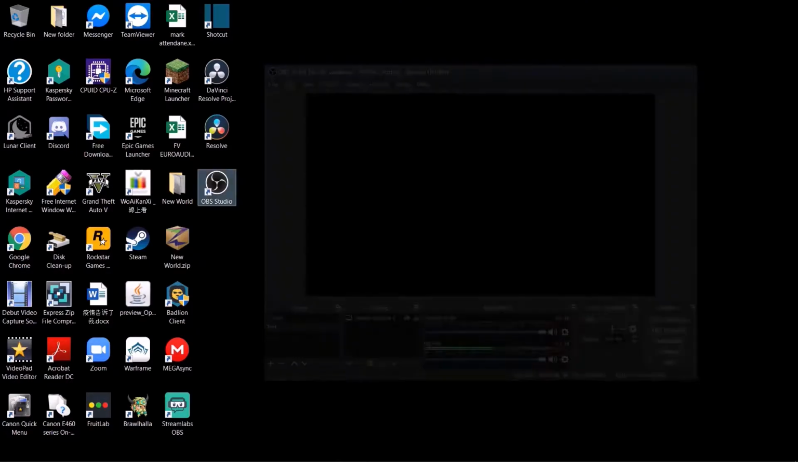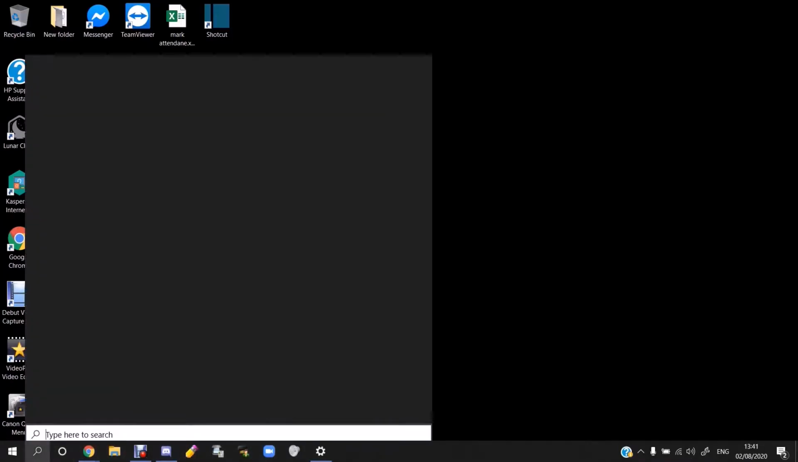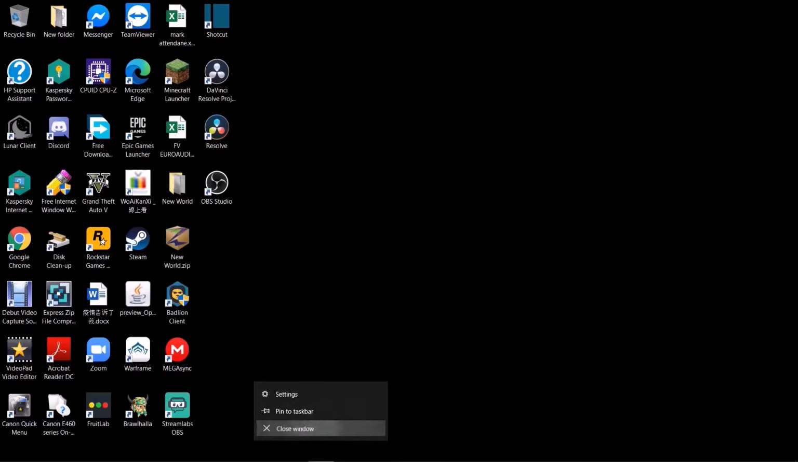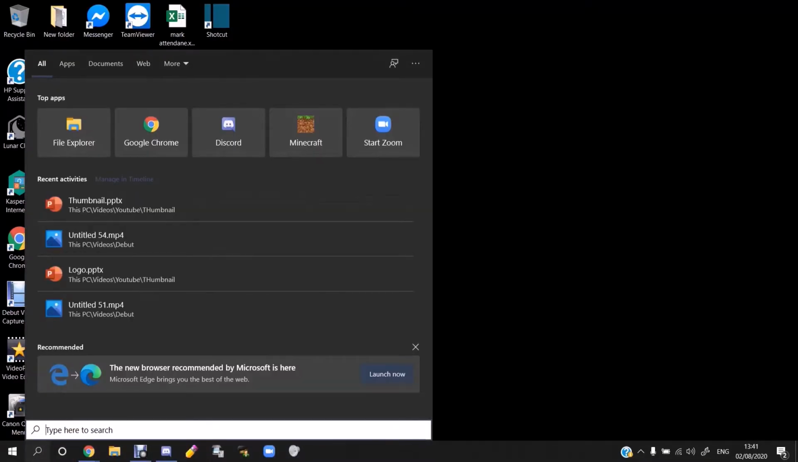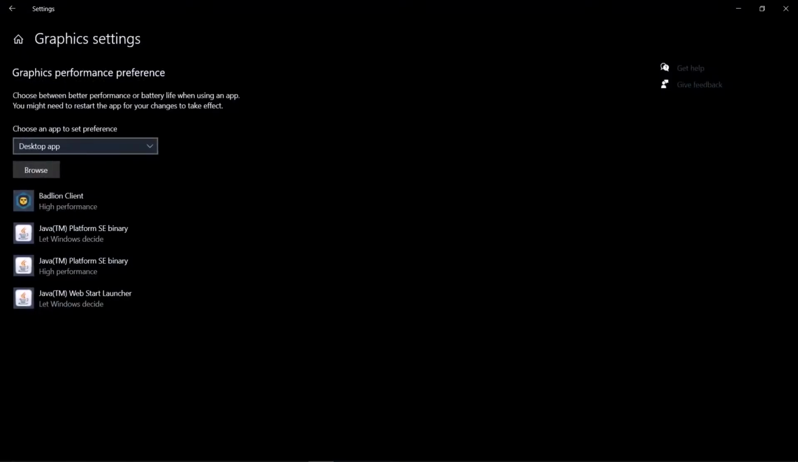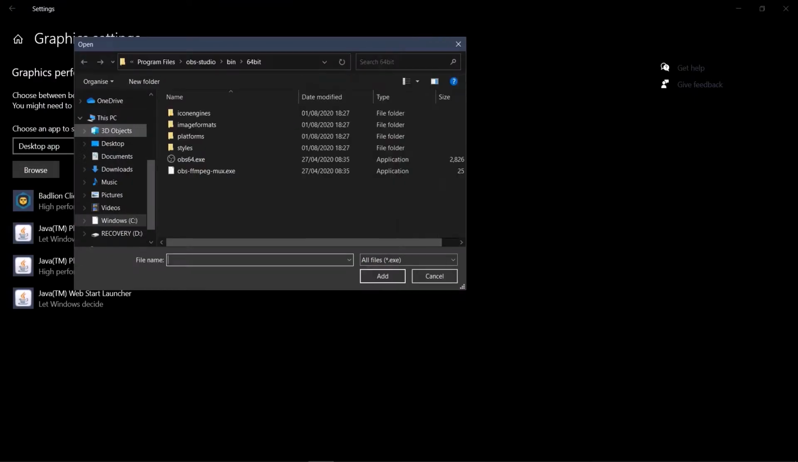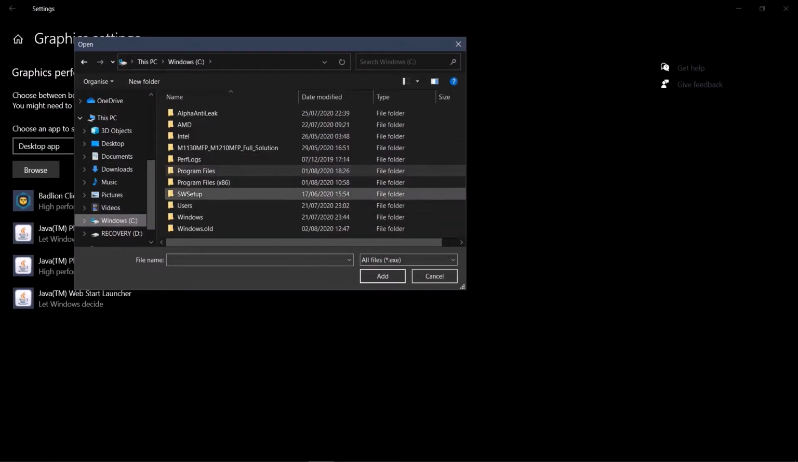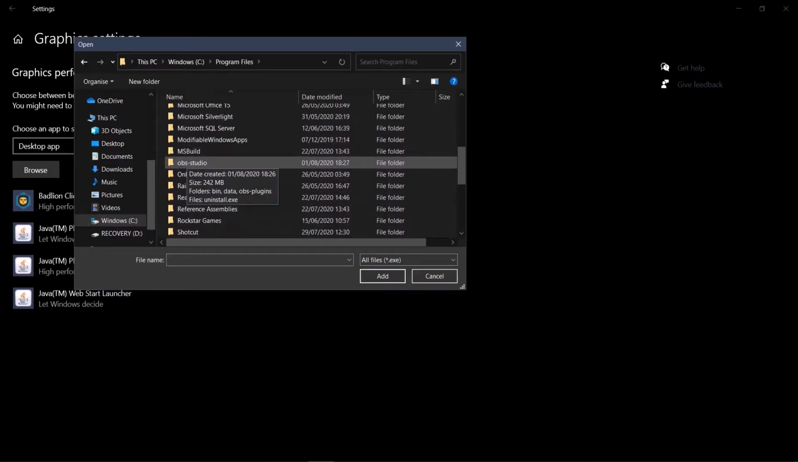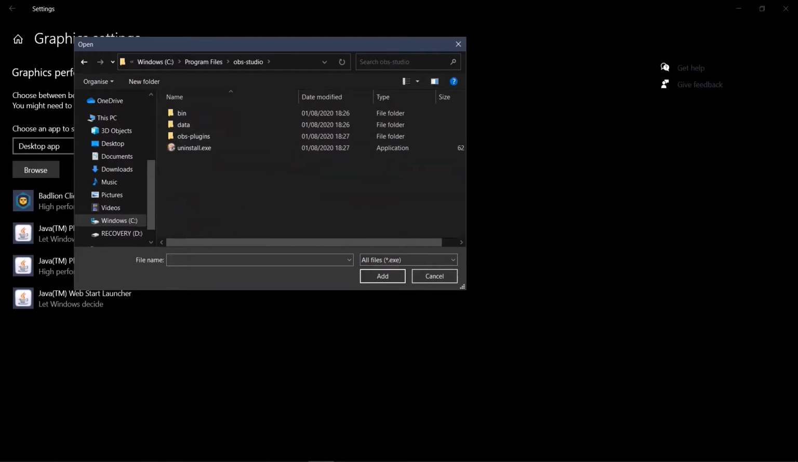Okay, turn off this OBS, go to search bar, and then search graphic settings. Select desktop apps, browse, go to Windows C, program files, and then search for OBS Studios. Go to bin,